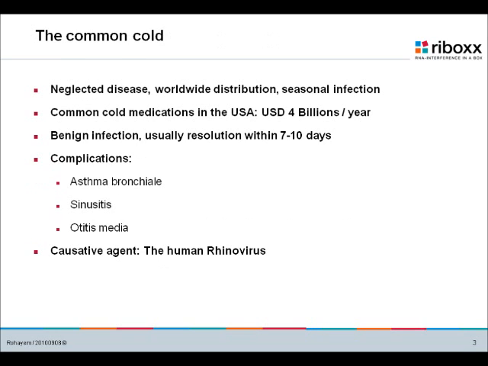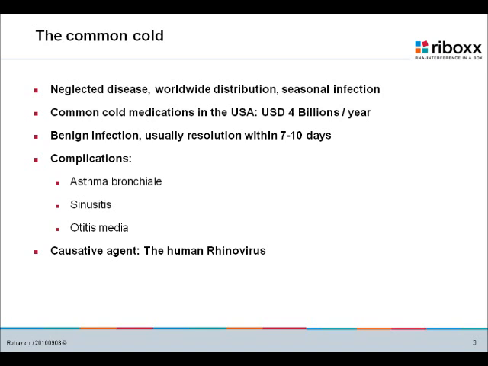So very briefly, the common cold is actually a neglected disease. Each one of us will have in the winter time an infection with a rhinovirus or a coronavirus, but more specifically a rhinovirus, and we'll have it for, let's say, 7 to 10 days, maybe 2 days, maybe 3 days, but let's say 7. After 1 week, you are getting rid of the virus. This is actually a dogma for all RNA viruses like influenza, rhinovirus or coronavirus in general.